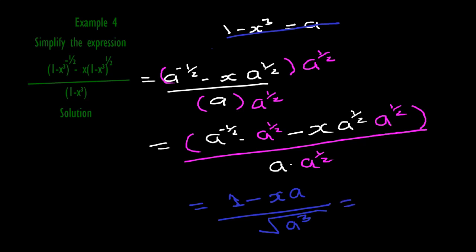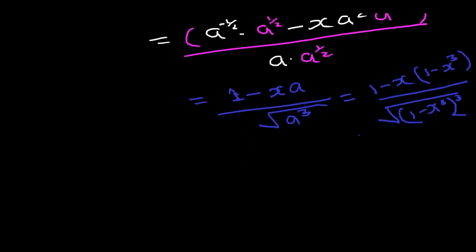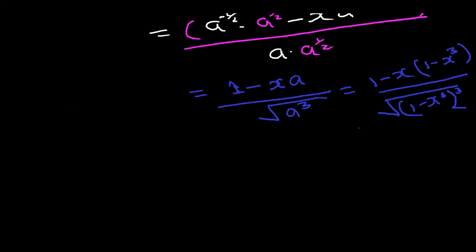So in the numerator, we have 1 minus x into the value of a, which is 1 minus x cubed. Then all over the denominator, we have the square root of, you put the value of a in bracket, which is 1 minus x cubed, then that value of a has been cubed. So you simplify that further by opening the bracket in the numerator. We'll have 1